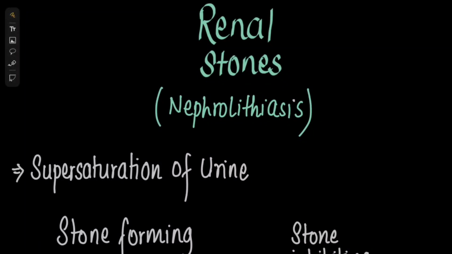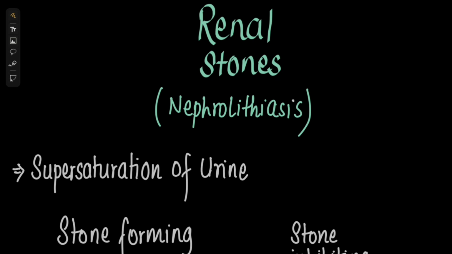So today we are discussing renal stones, also known as nephrolithiasis. Renal stone occurs due to the supersaturation of the urine. There are factors that help in the formation of stones, and there are factors that help in the inhibition